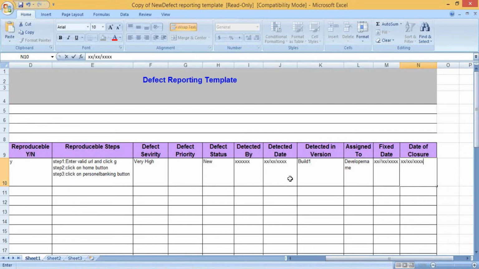Next, one more question from my side. I have a doubt on this. Can you tell me the answer related to that? The question is, you are reporting some defect to the developer, right? He has rejected the particular defect. What are you going to do? I will test the application again,